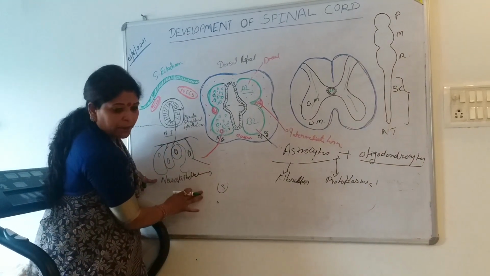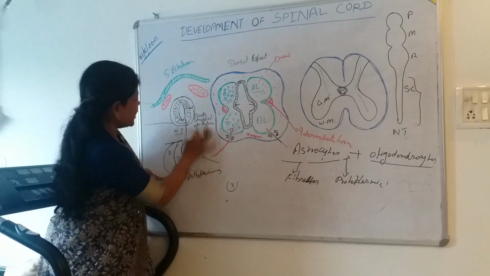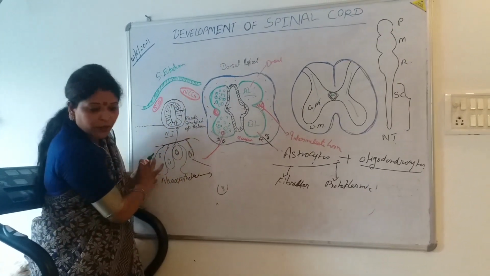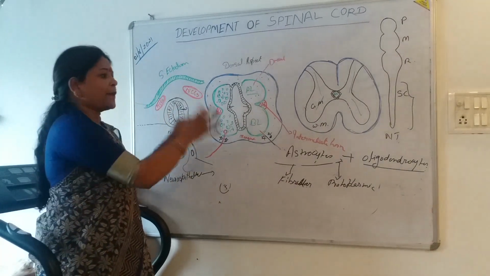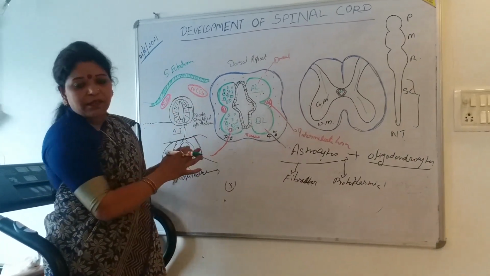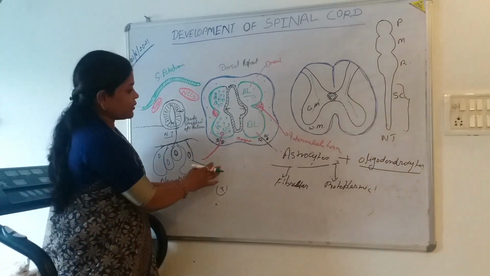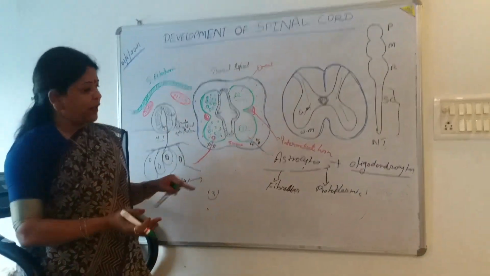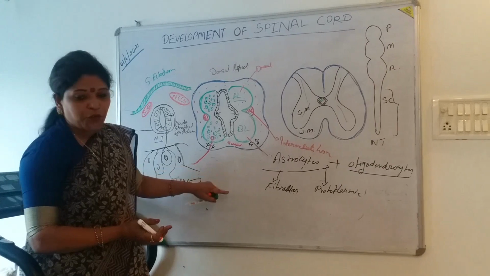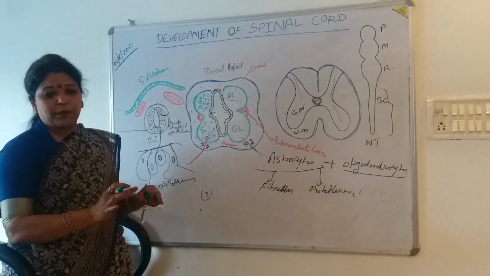So these were the 3 major types of cells derived from a single cell. This is the only mother cell you will get in the whole thickness of this neural tube, which is known as the neuroepithelial cell. All types of cells present in the spinal cord have to be derived from this neuroepithelial cell. But the priority is different: first neuroblast, then spongioblast, and then the ependymal cells.